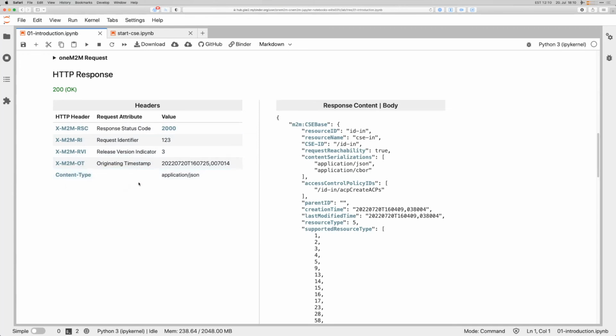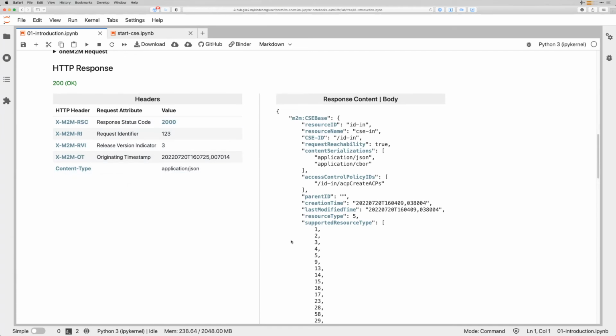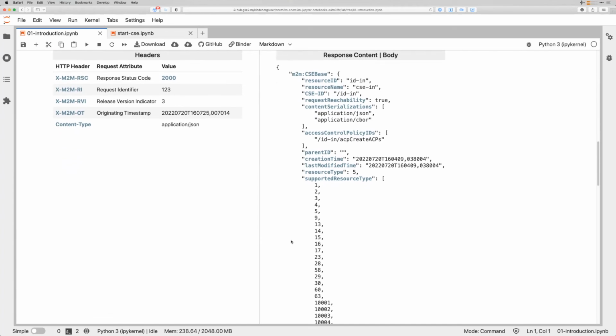On the right-hand side, you have the actual CSE base as a response. It is actually a large resource, so you get a lot of information. At the top, you get the resource identifier, the resource name, the identifier of the CSE, and other information as well. This is the basic structure for every request. First, you get an overview about the request, and then the response is the optional content that you receive back in the response. If we scroll down a bit,